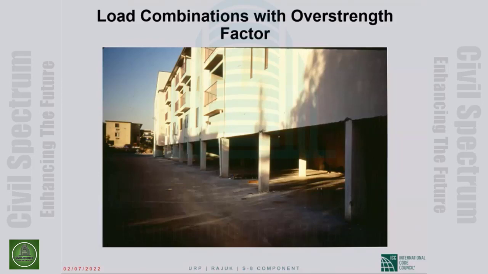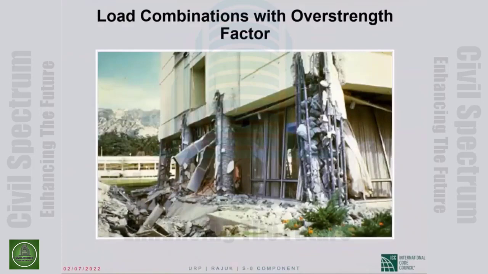So this is extremely common, but this also gives you what are called soft stories. The bottom story is laterally much less stiff than the upper levels. And so in an earthquake, the inelastic deformations will be concentrated in the lowest level, and those columns will be very vulnerable to damage. Okay, so those columns must be designed using load combinations with overstrength factor. We must make them stronger, and there are other things we do to the same columns. This is the